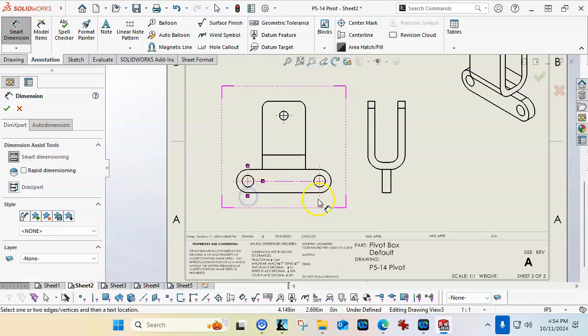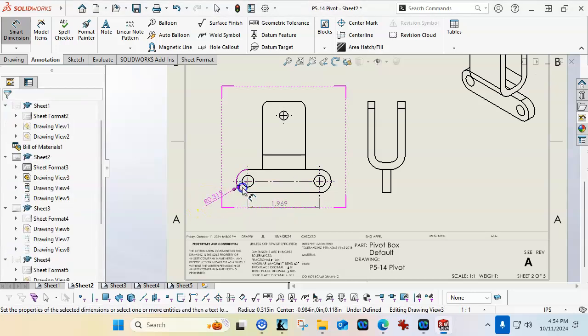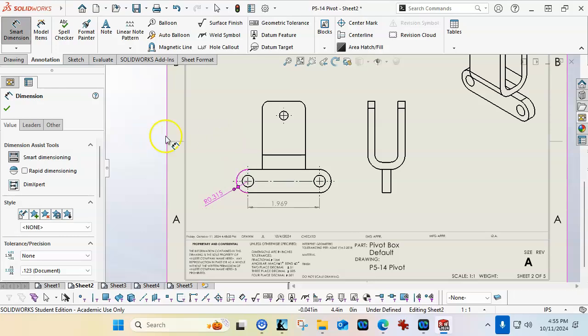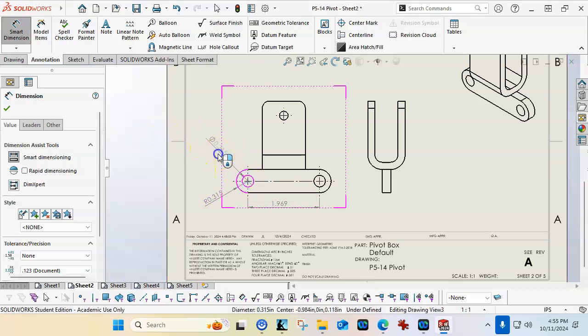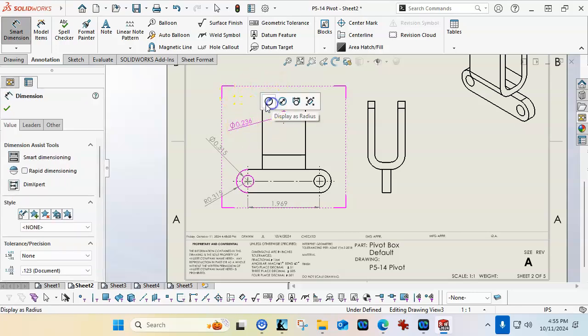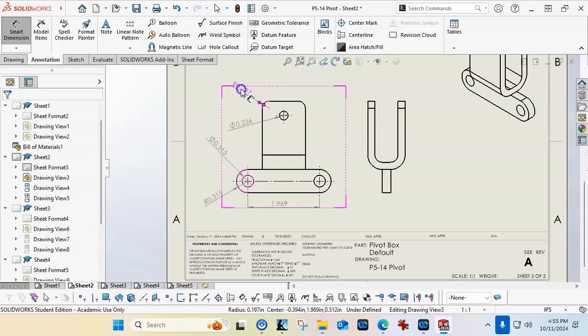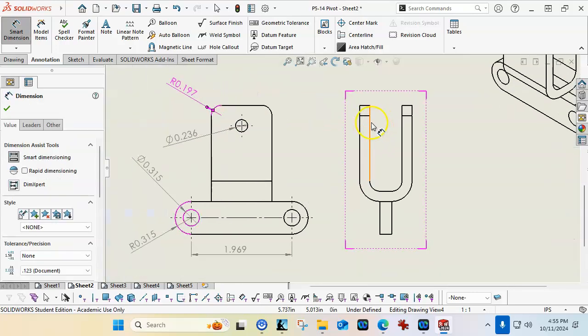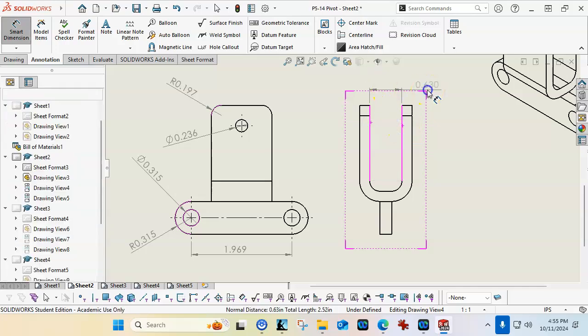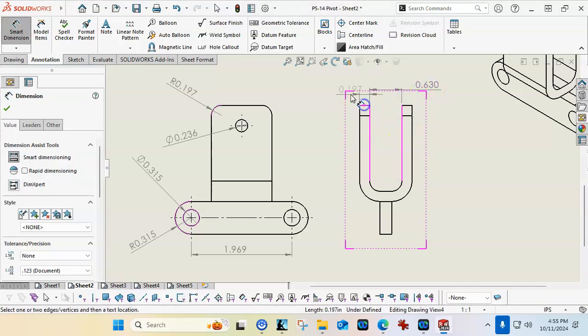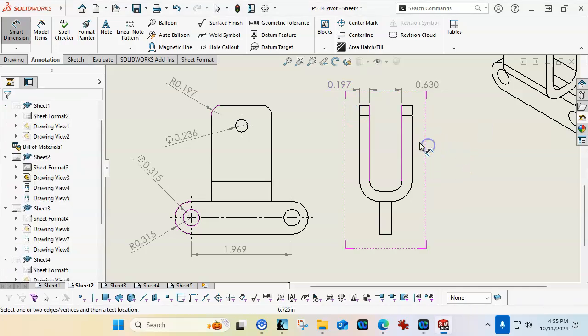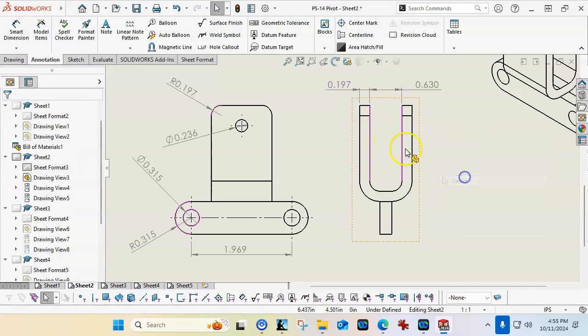So I should be able now to go point to point, and since I'm in inches, I'm going to see the metric conversions. Well, that one seems to just keep, sometimes they get in the way. So as far as just getting the dimensions in, that's kind of the immediate trick, and then we'll come back and see how we would like to